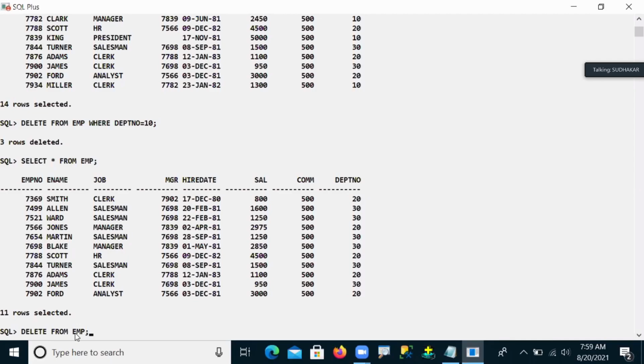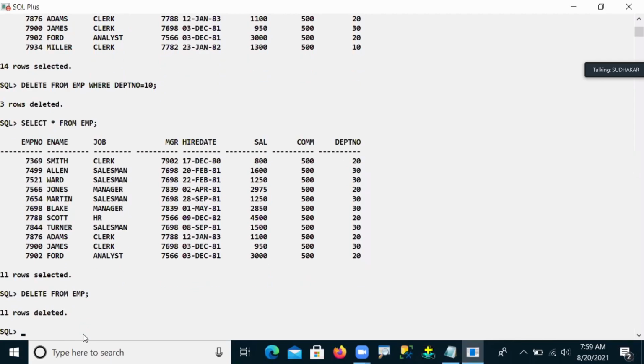Directly I'm passing delete from EMP. When you pass delete from EMP, 11 rows are deleted, so whatever data was present in my table is all deleted.